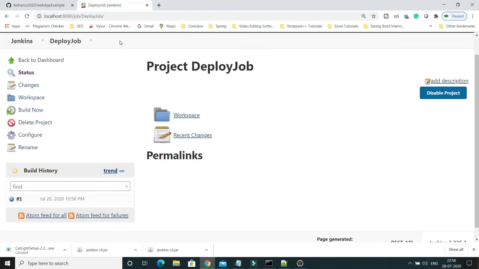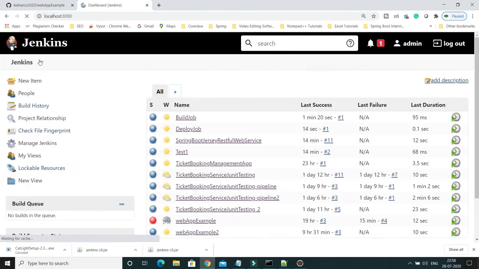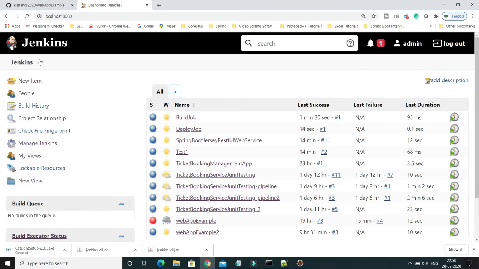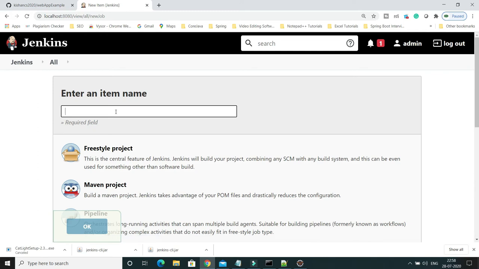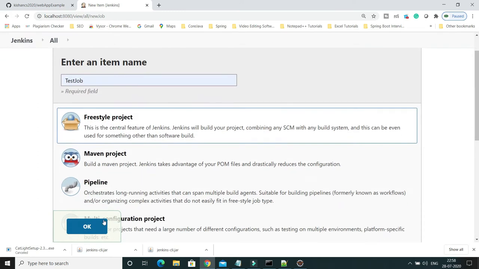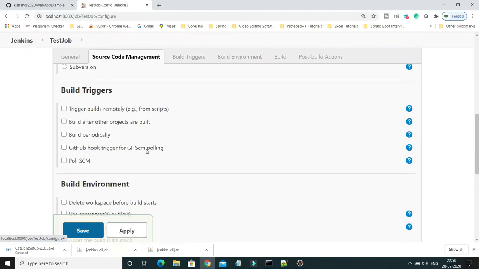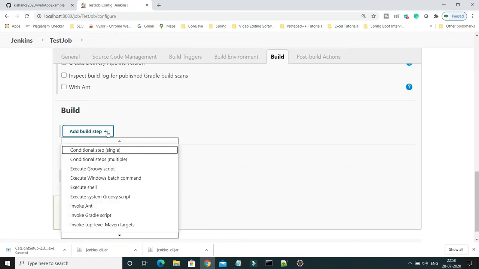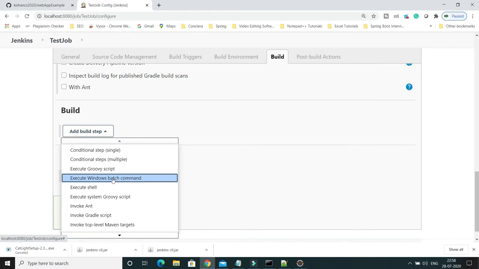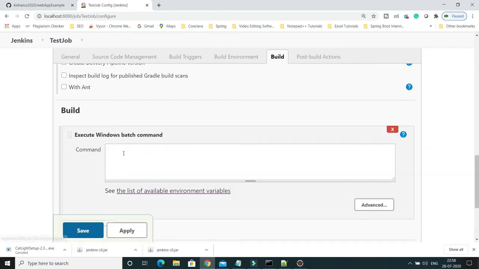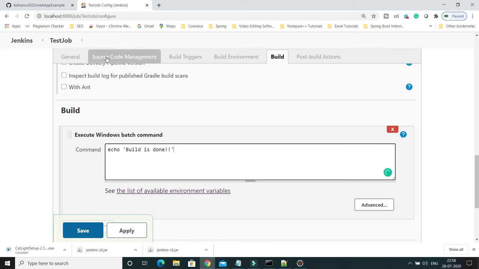All right, now I'll go back and create a third and last job that is called test job. So I'll click on the new item, I say test job, click on freestyle project, click on OK, and then I'll go down to the build section. I'll select again execute Windows batch command, and here I'll give the message as this is test.